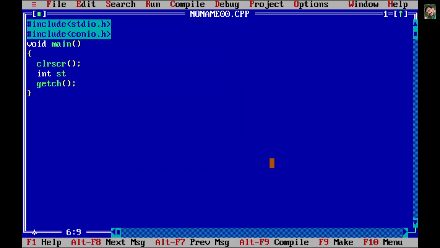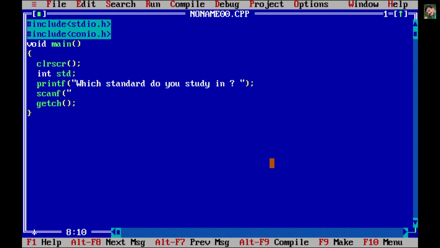We take one integer variable, standard, and then we say printf, which standard do you study in, question mark, and then we say scanf percentage 2d, so that only a 2-digit answer will be taken, and then &std, that is for standard.